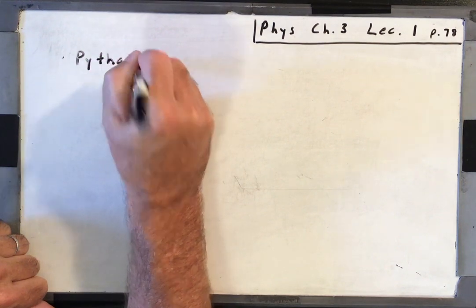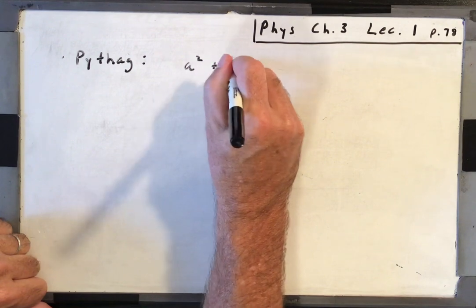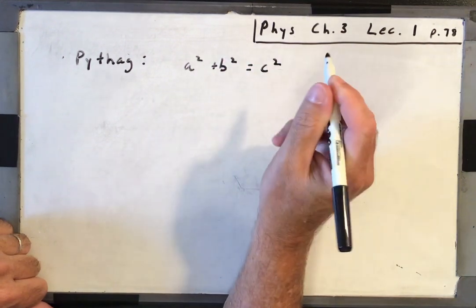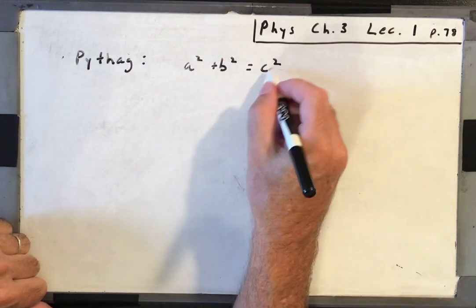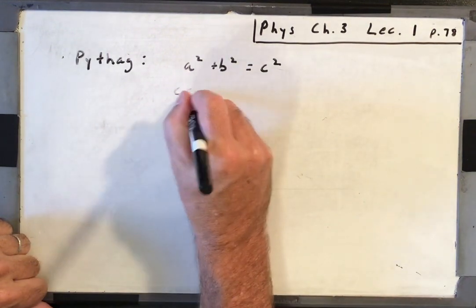We called that Pythag in class. A squared plus B squared is equal to C squared. So we're usually solving for C, which is our hypotenuse, right? So C is equal to